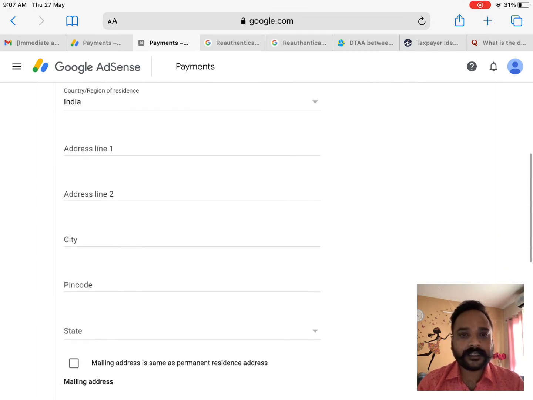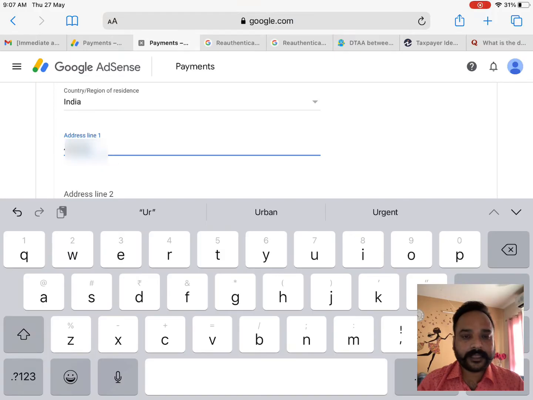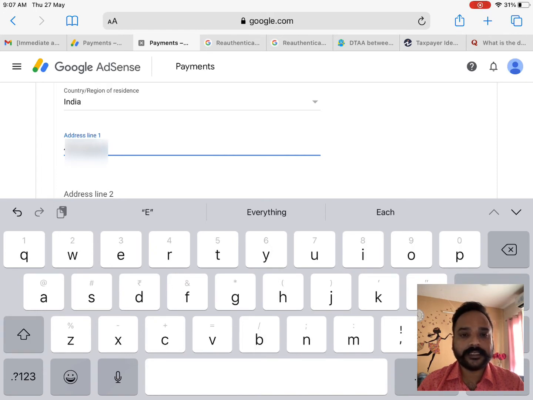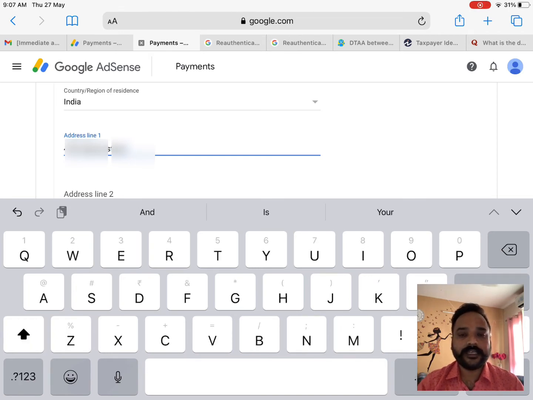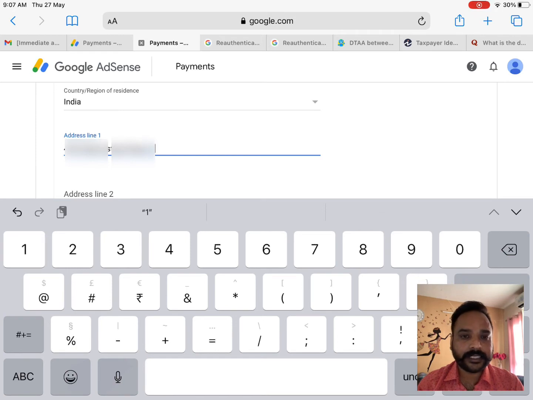Country and region of residence we have already chosen. Make sure that the address is the same as you mentioned in your AdSense account and as you mentioned in your PAN card. Fill all the information very carefully and correctly. Check the spelling twice before submitting it.